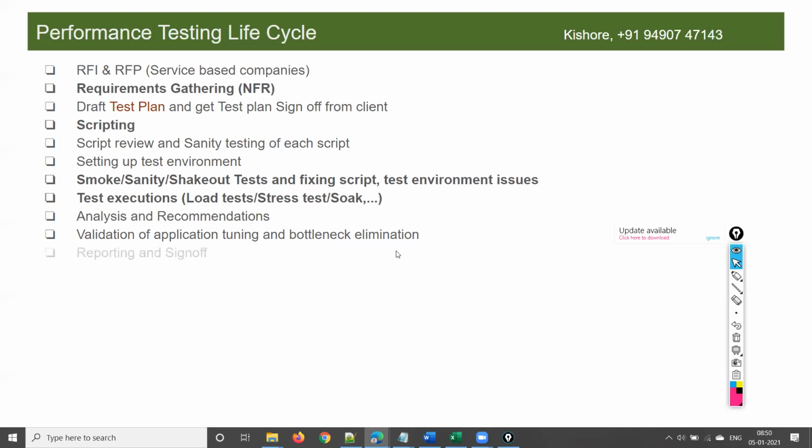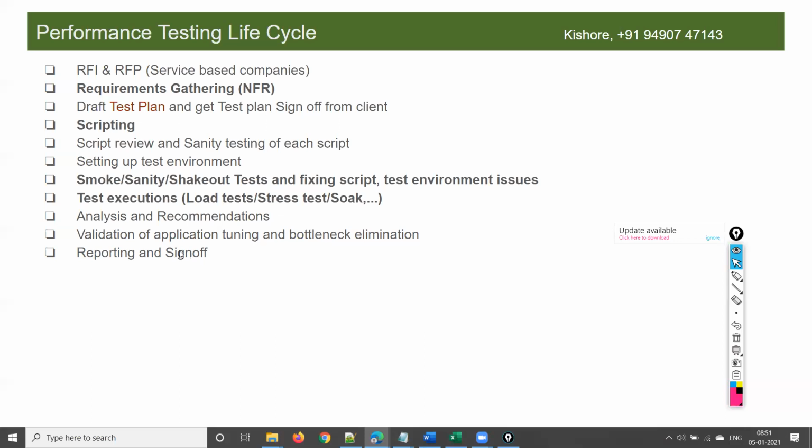Once this is done, we will do a couple of test executions until we make sure the performance issues are sorted out. Once we are done with the test executions, we will prepare a final report and ask the client to give a sign off for the project.